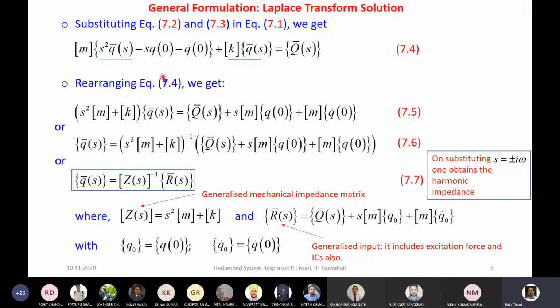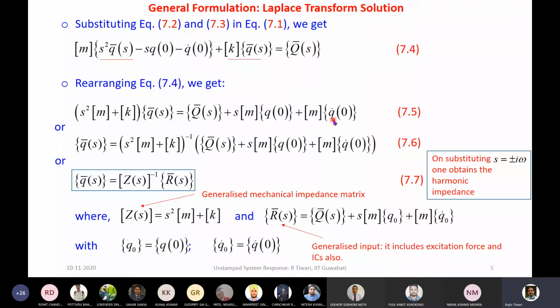We are collecting the similar terms, like Q(s) bar, in one place, and all other terms, including the initial conditions, I'm bringing toward the right side. So this is the external force, and this is the initial condition from when we did the Laplace transform of the acceleration term. So the idea is that we are representing this as a force, including the external force and